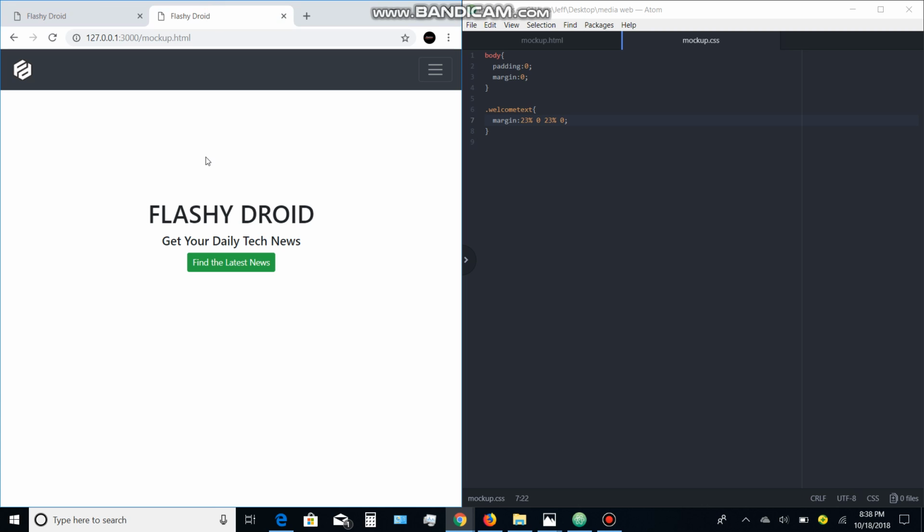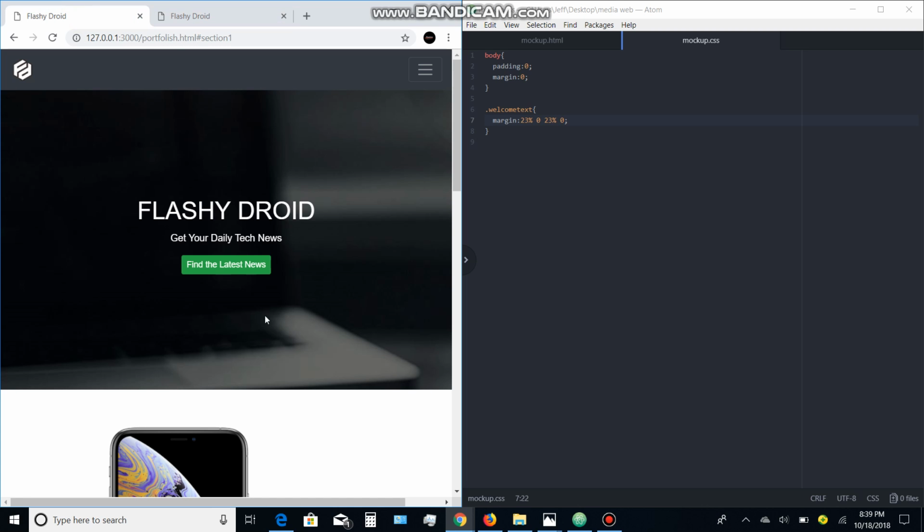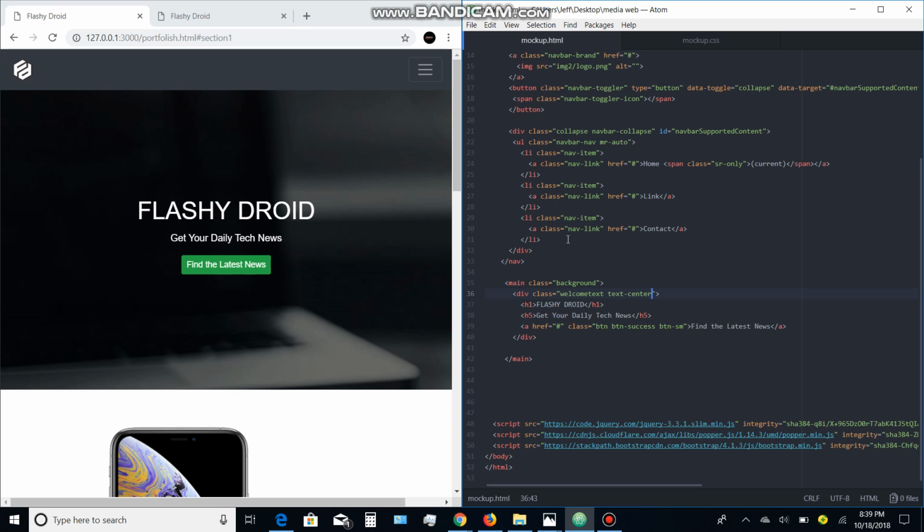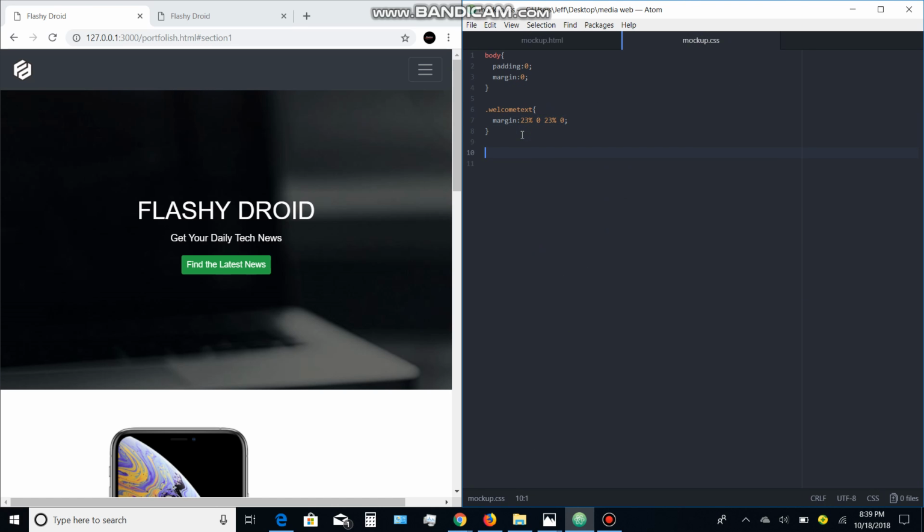So our next task, of course, is to add the background image to it, and so that's what we're gonna do. We're gonna go into our HTML, and we're going to grab onto this background class to put a background image into it. Now you can do it